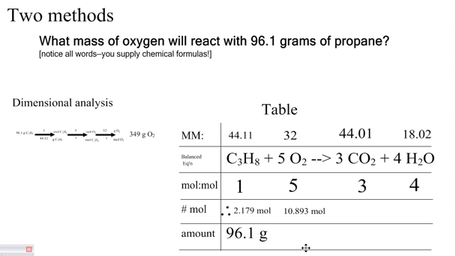We're still not done. They were asking for a mass, so it has to be in grams. So we're going to take this value and multiply by the molar mass to end up with our final mass of oxygen, 349. Table method, dimensional analysis, same answer, two different ways to go about it. No matter which way you use,